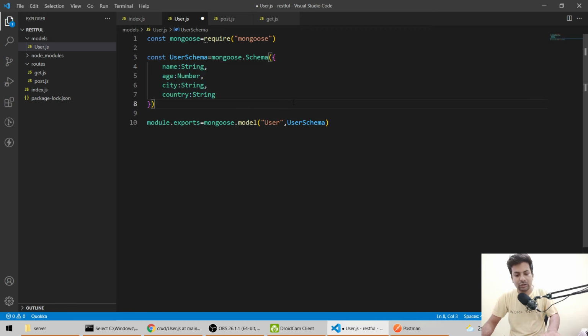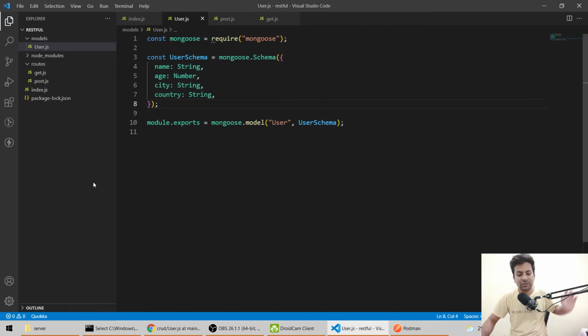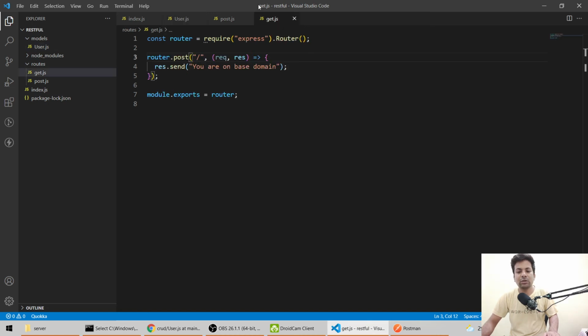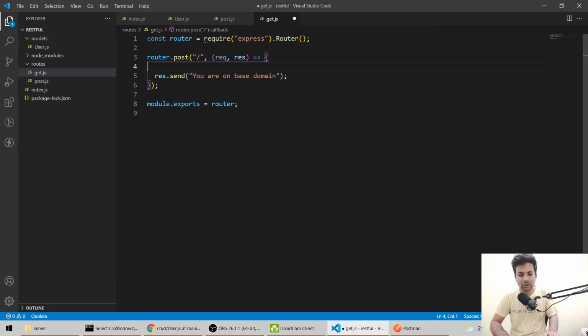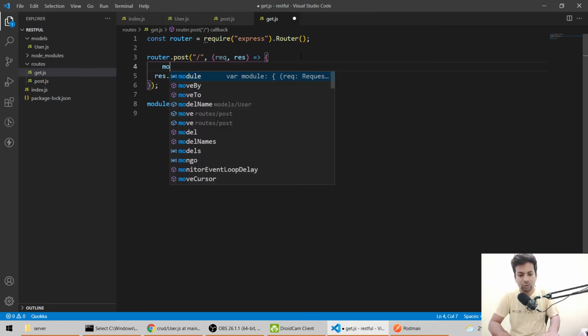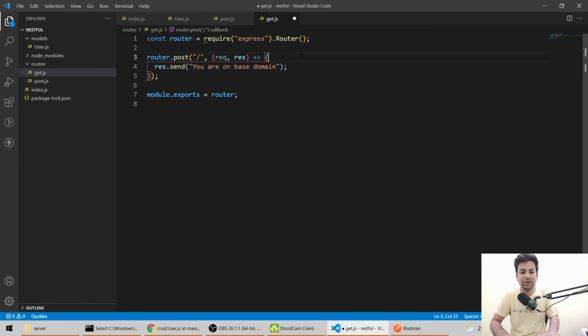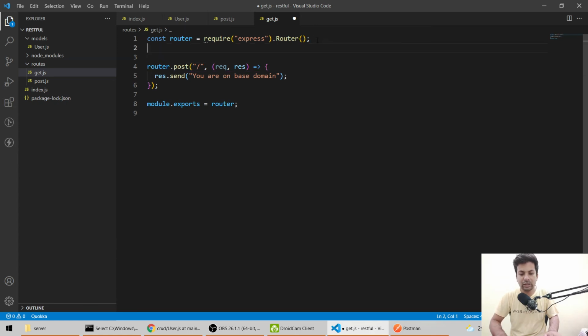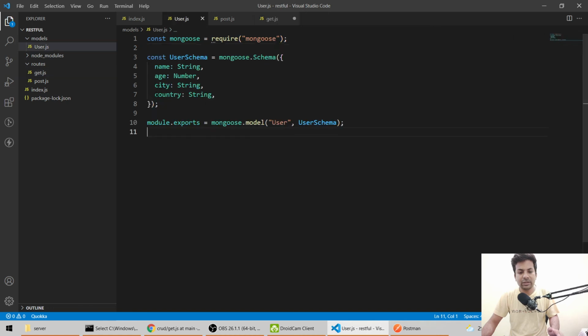Okay, now if we save it and everything is fine, let me just check, everything is running. Now suppose we want to get the data, we come into get, and here, firstly, sorry, we have to import that user from users, I mean this user schema.